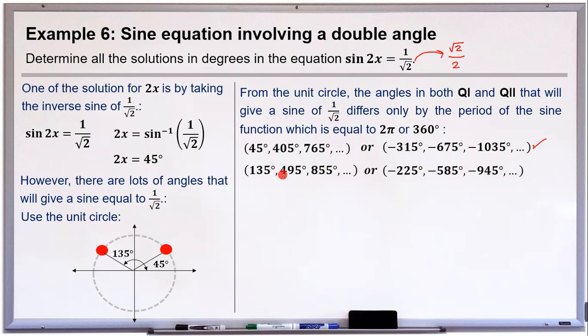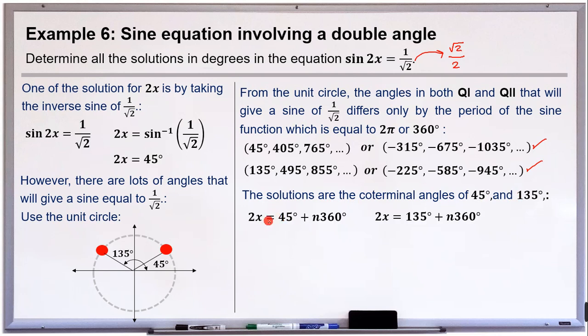But not only that, since we also have the 135 degrees, for 135 degrees you can add 360, that will give you 495, and so on and so forth. For the negative angle, you can subtract 360 from 135 degrees, and that will give you a set of negative coterminal angles for 135 degrees. So you can also have your answer in this way or in expression form. For the next step, we found out the solutions are the coterminal angles of 45 degrees and 135 degrees. So we have here